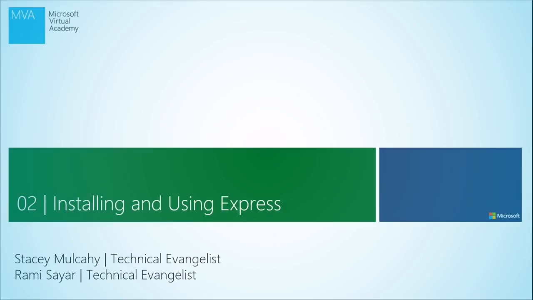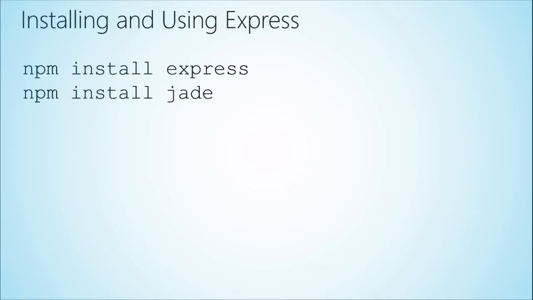Awesome. So, installing and using Express. You can get it through NPM, and you need to install it. You can install it globally, you can install it locally. And it's really just 2 commands. What we're going to be using, as you'll see on the screen, is npm install express. So I'll just open up the command line and run npm install express,